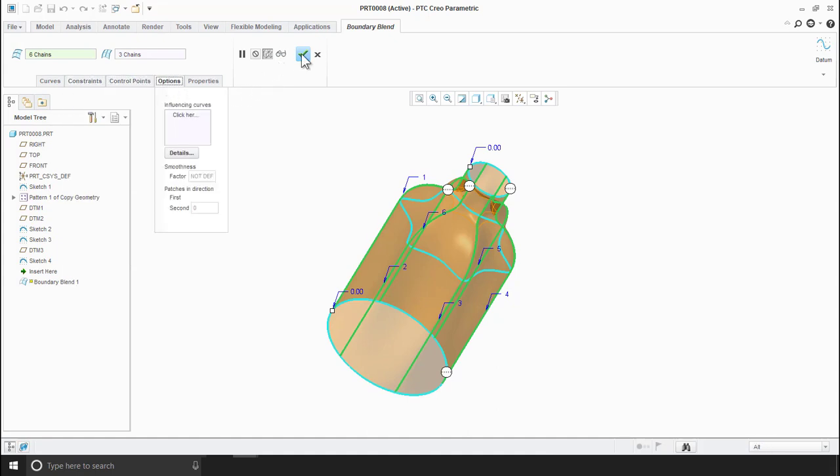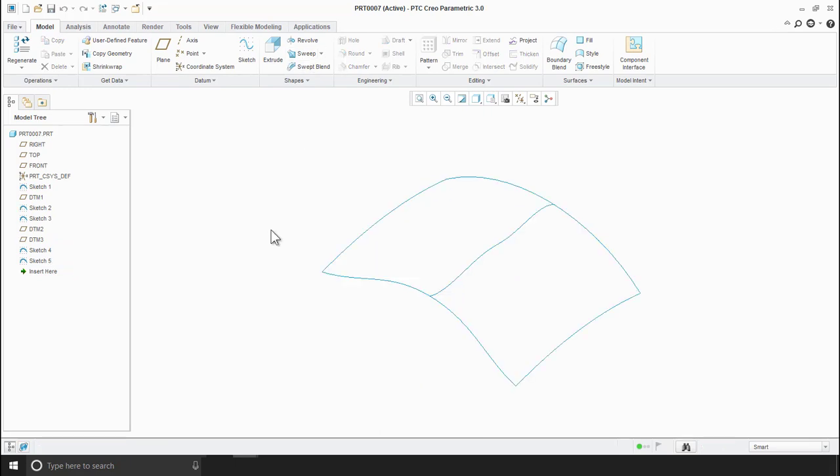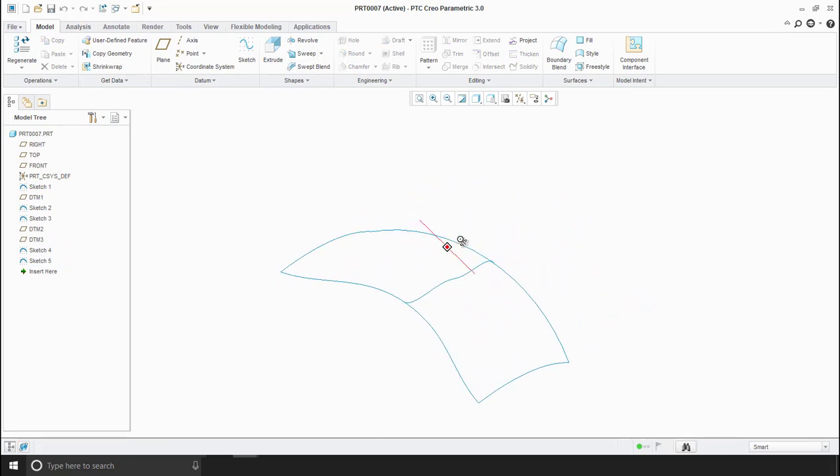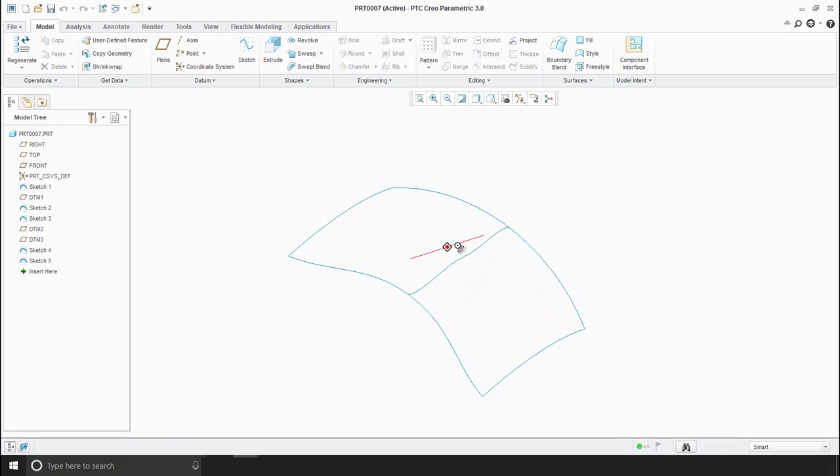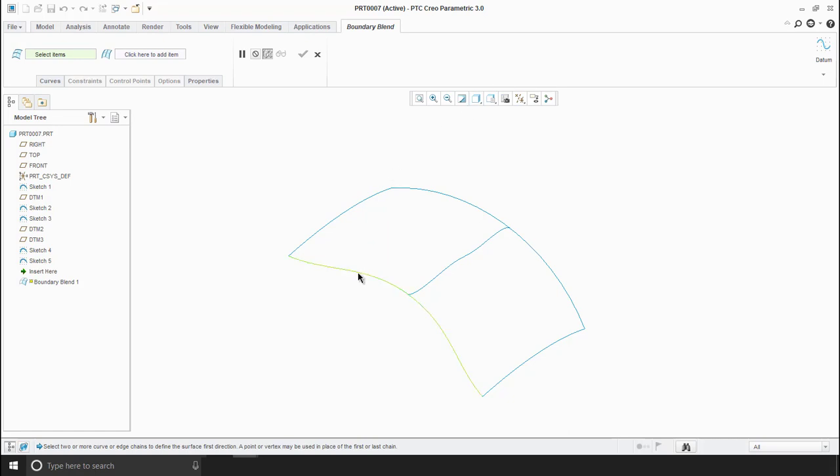So now click OK. Now I have a sketch like this to explain the remaining options which are available in boundary blend. So now click boundary blend. I am going to generate a surface like the one I explained earlier.